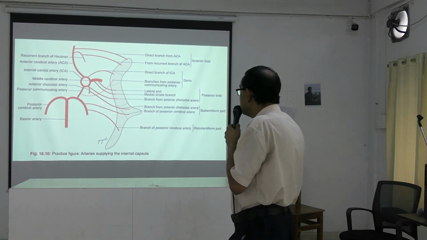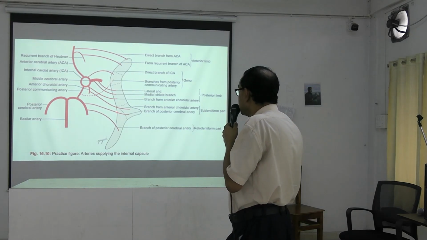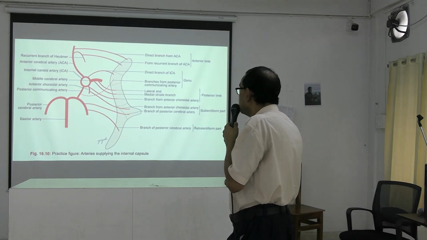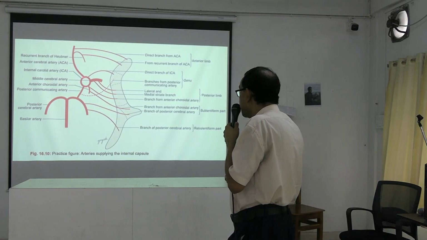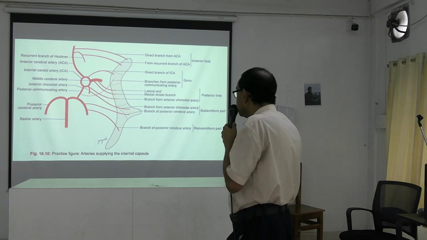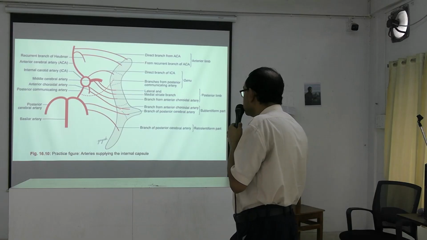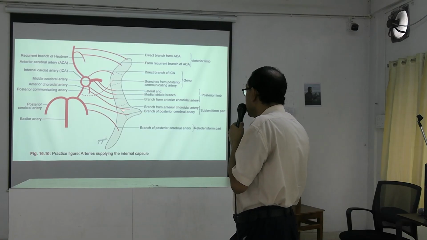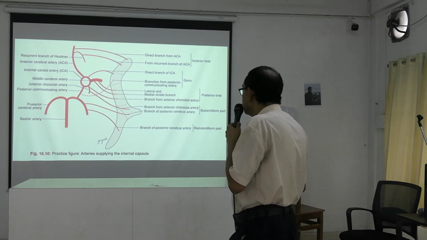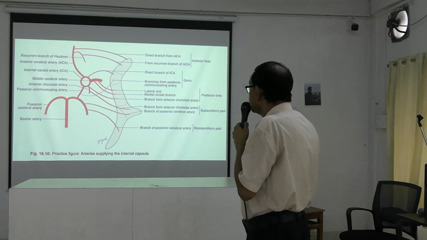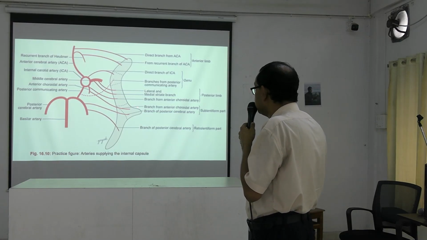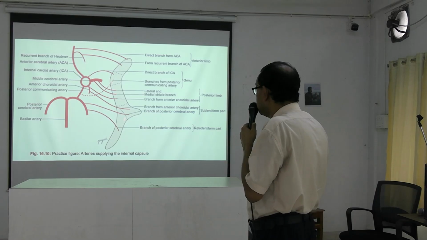The posterior limb is supplied by several arteries, like from the posterior cerebral artery, and from another branch which is called the anterior choroidal artery, a direct branch from the internal carotid artery, which supplies this area, that is the posterior limb, that is the posterior part,